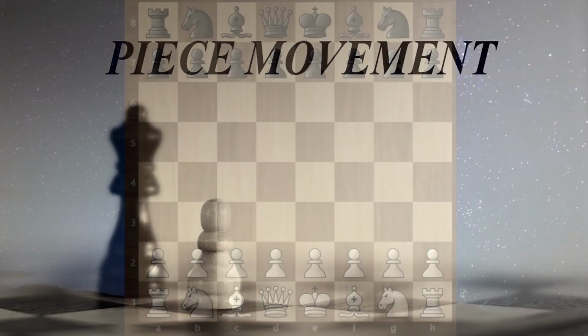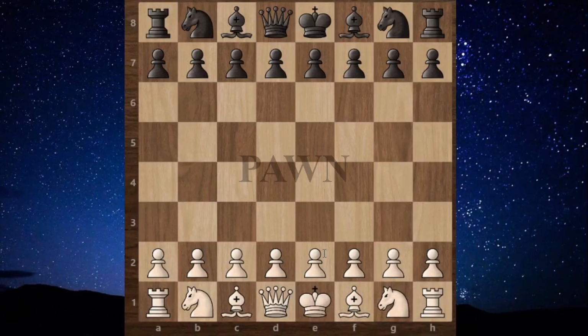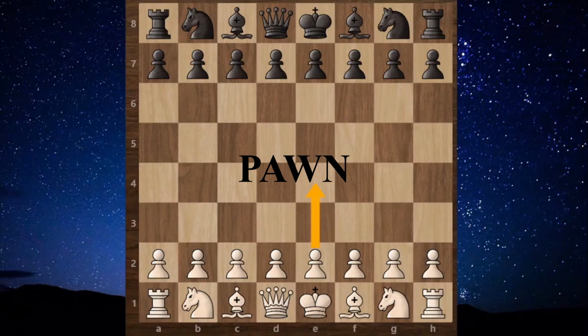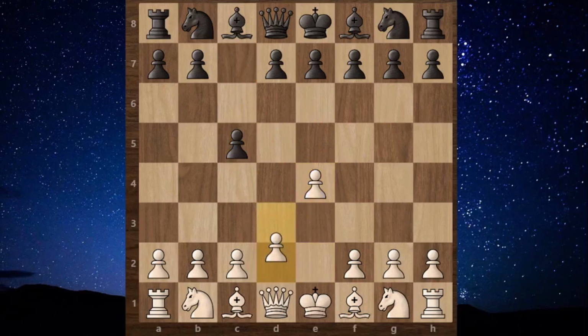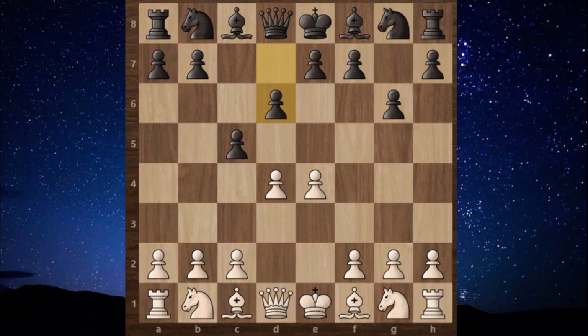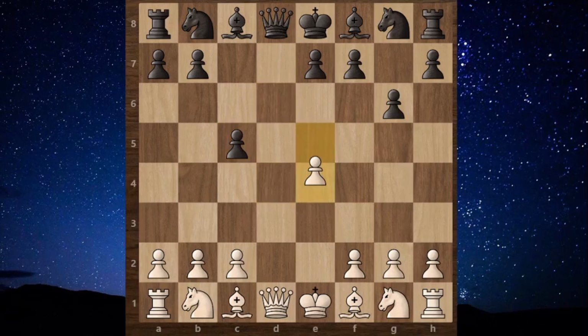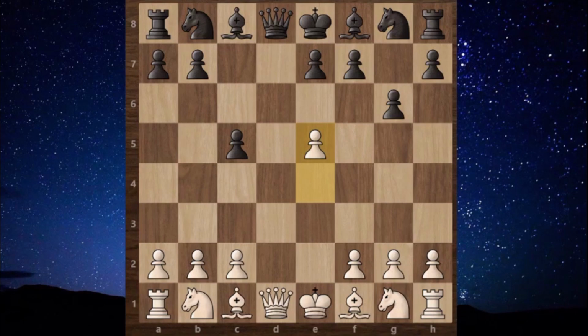Now we will see piece movement one by one. Pawns. A pawn can move forward on unoccupied squares on the same file. On its very first move, each pawn can advance up to 2 squares, or you can stick with 1 square movement. But after first move of each pawn, on second move, it can only move forward with 1 square. To capture opponent pieces, pawn can move diagonally on an adjacent file. There is also a special move called en-passant capture and pawn promotion.